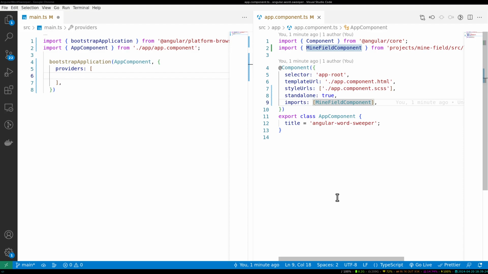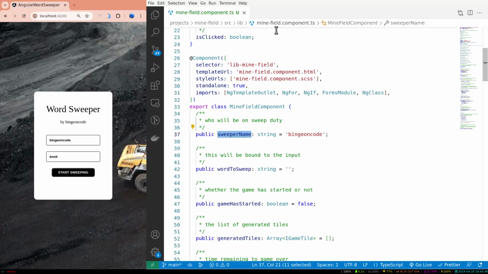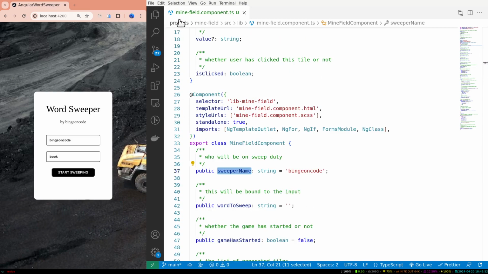So for example, if we have another feature, maybe user profile, you create the user profile feature, and then after that you get to import it here, and you get to use it in the app component, and that's how it normally works. Okay, so we now get to see how our mind field